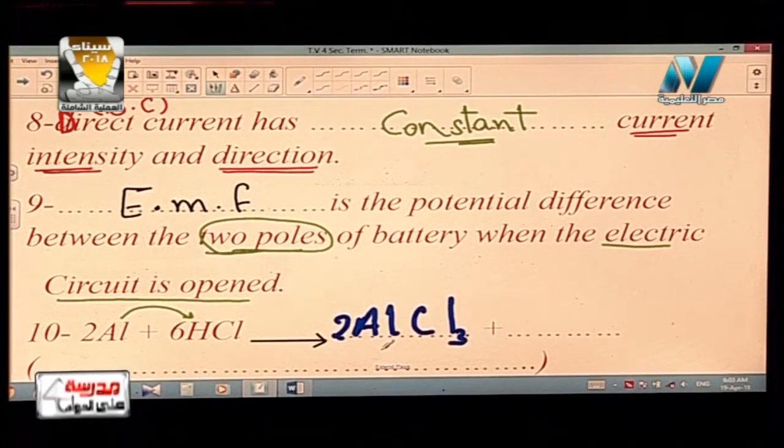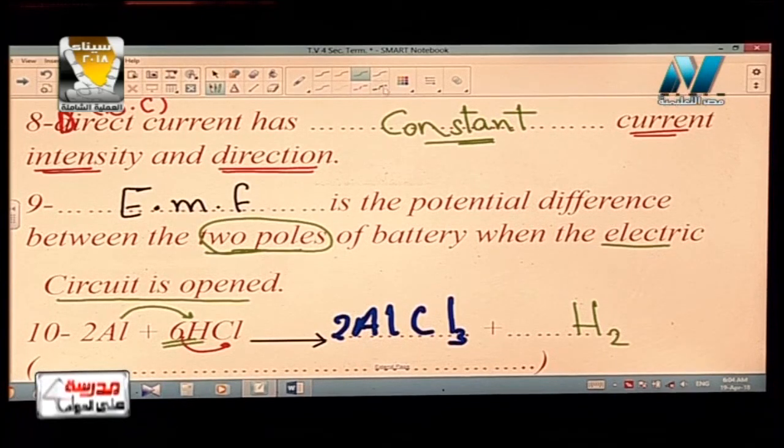Cl3. ليه 3؟ here we have عندنا هنا 6 chlorine and 2 times 3 equals 6. يبقى the equation is balanced. المعادلة موزونة. Plus what? Hydrogen getting out. يبقى here we have the symbol of hydrogen as H2. But how many hydrogen? We have 6 hydrogen atoms. So we have to write 3H2 as hydrogen gas here, and this equation is simple substitution reaction, and the hydrogen